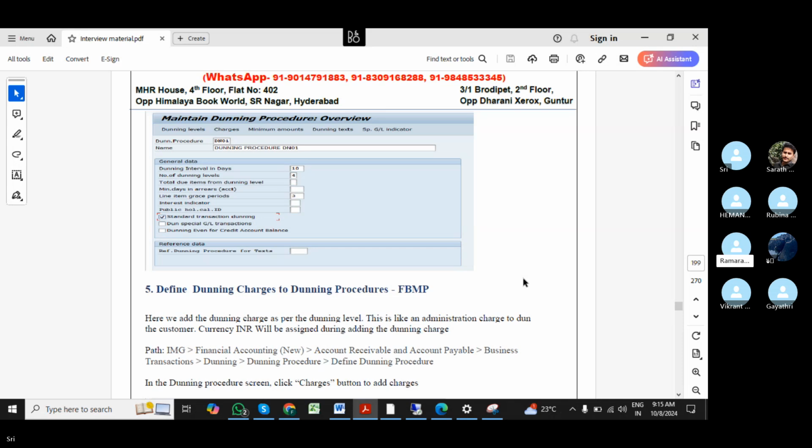Next, the fifth step is define dunning charges for the dunning procedure. You can do this also in the same T code FBMP. Here we add dunning charges as per the dunning levels. This is like an administration charge to dun the customer, and the currency INR will be assigned while adding dunning charges. The path for this is Financial Accounting New, Accounts Receivable and Payable, Business Transactions, Dunning Procedure, Define Dunning Procedure. And in the dunning procedure,